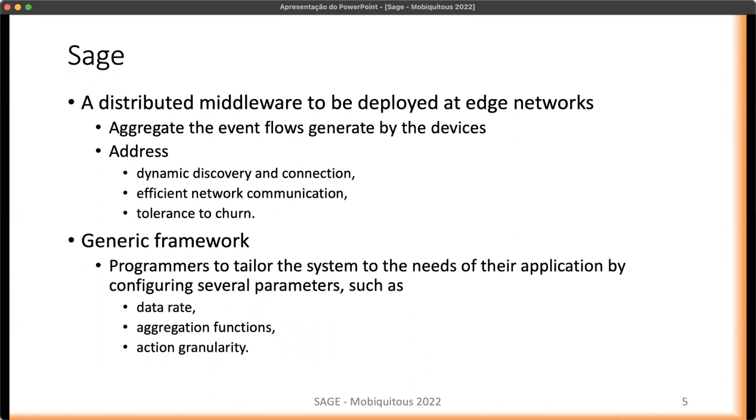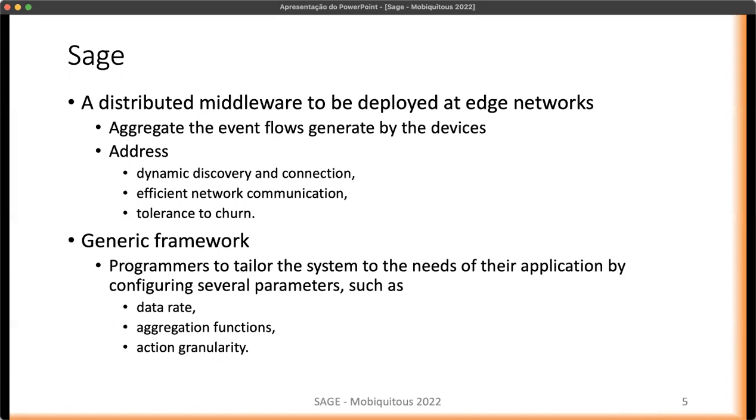So for that purpose, we propose SAJ, a distributed middleware to be deployed at edge networks that is able to aggregate a large amount of event flows into a single one to be handed out to the application, and also address dynamic discovery and connection, efficient network communication, and tolerance to churn.